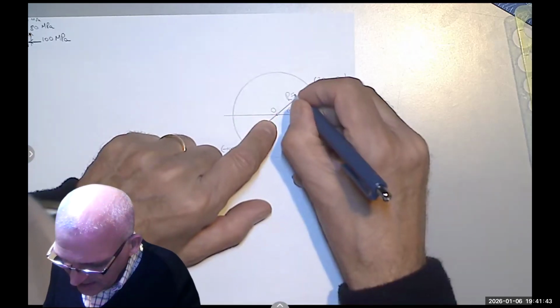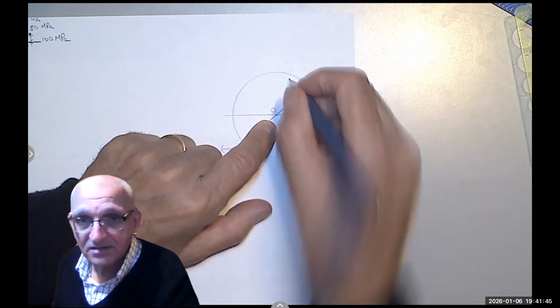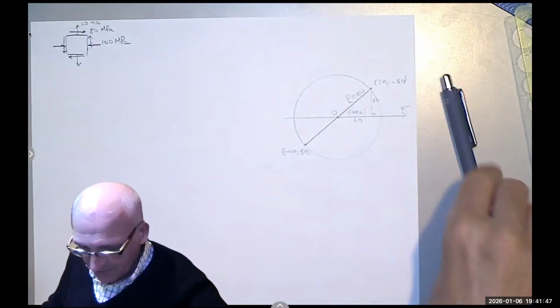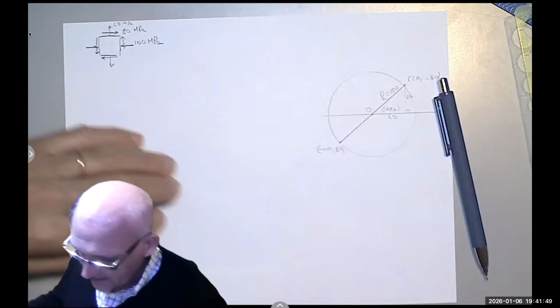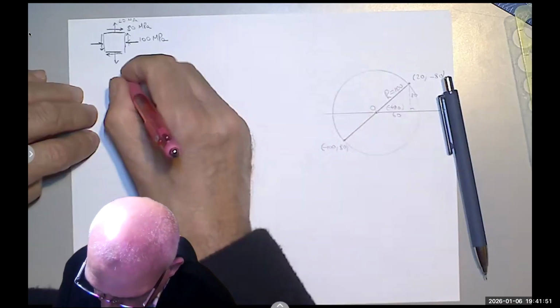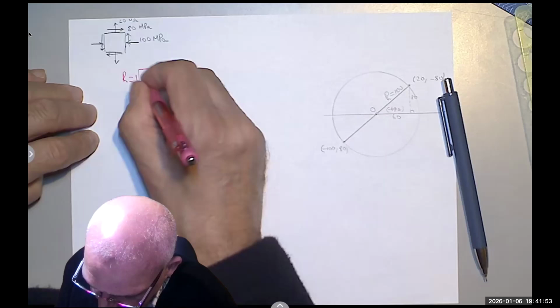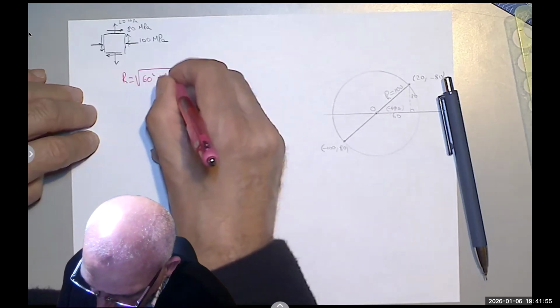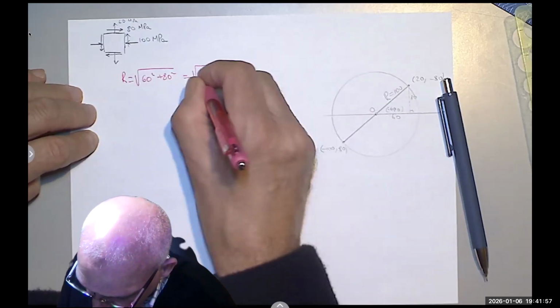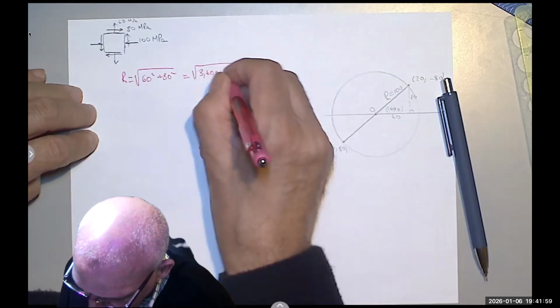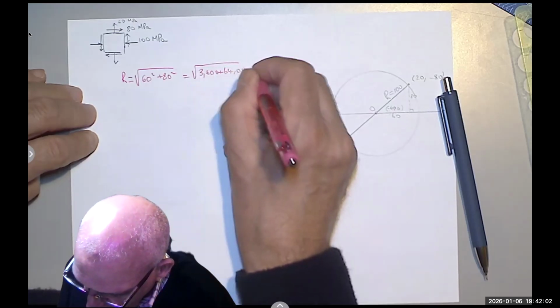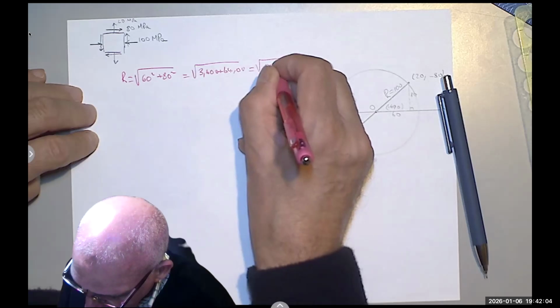So R here is 100, right? 60, 80, 100. Or you simply use the Pythagorean theorem and say R equals the square root of 60 squared plus 80 squared, equals the root of 3600 plus 6400,